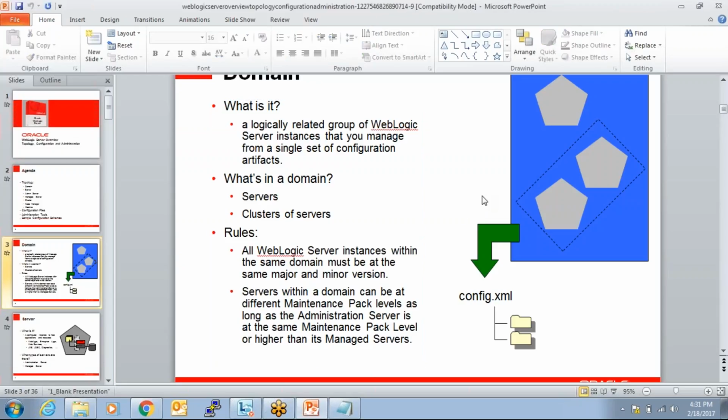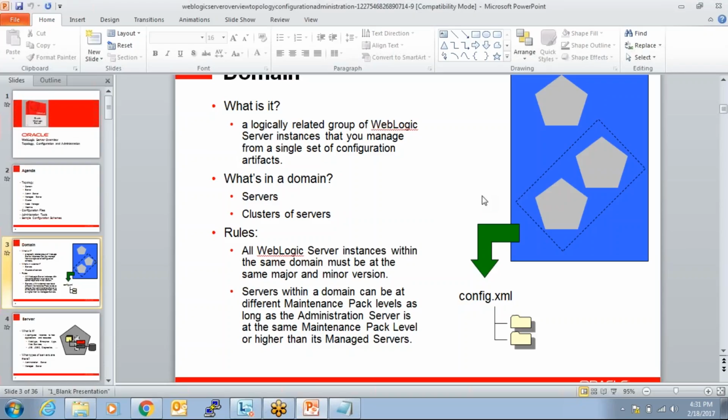Rule number 2: servers within a domain can be at different maintenance pack levels, as long as